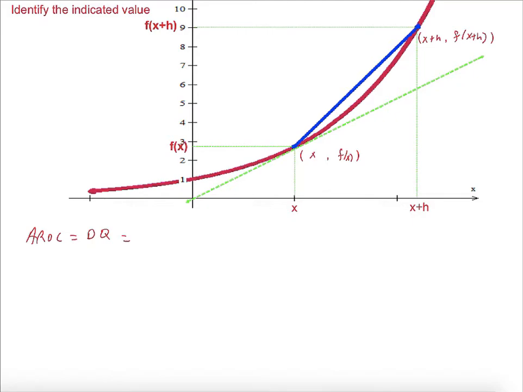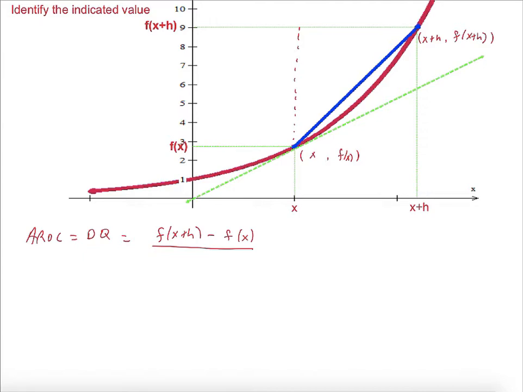And so the formula for the difference quotient would be the difference in the y values, which would be the higher y value minus the lower y value. And I shouldn't say it that way. It doesn't have to be the highest minus the lowest. It's just in this case, it's the highest minus the lowest, which would give me that distance divided by the difference in the x values, which I certainly could write as x plus h minus